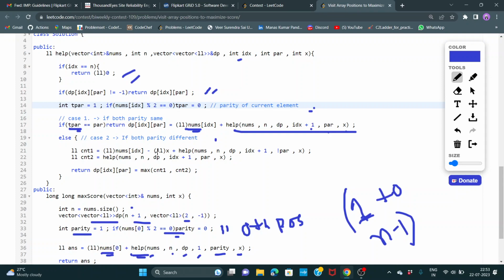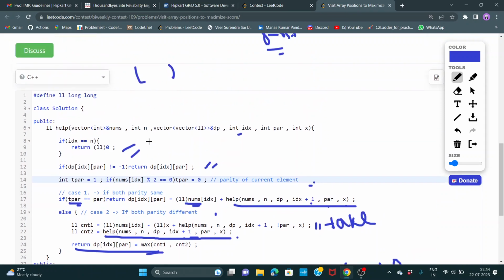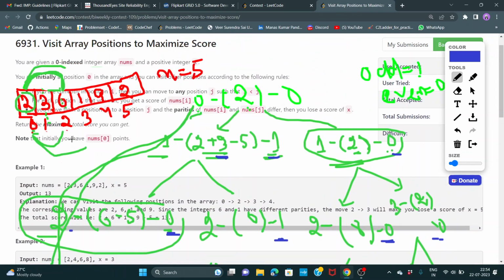Either I am including that value, this is the take case. In the take case, I'm taking this value, and since the parity is different, I have to subtract this x value and just call this recursive function. And the other case is that I am not interested in taking this value, so I'll just move to the next position. Okay, and we have to maximize,